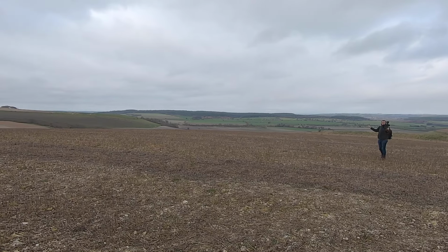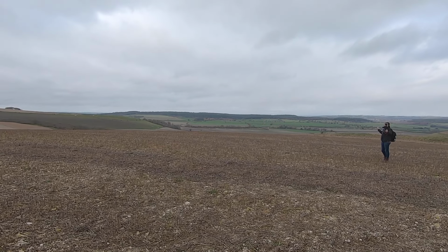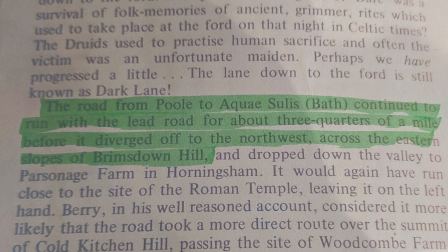That ridgeway housed a Roman temple. So what better way, as George Allen said, was to be able to walk underneath that and along the road off to the north. The next theory